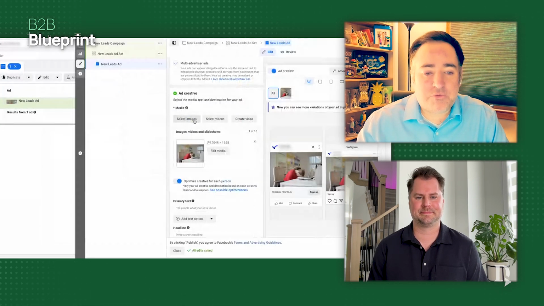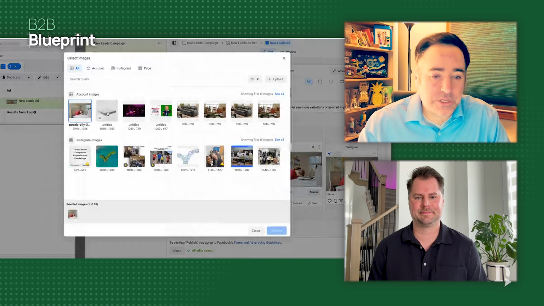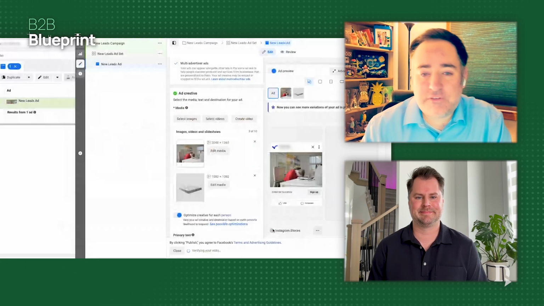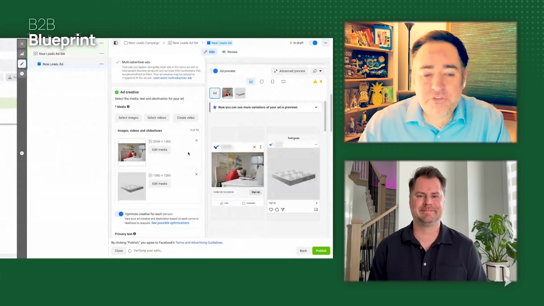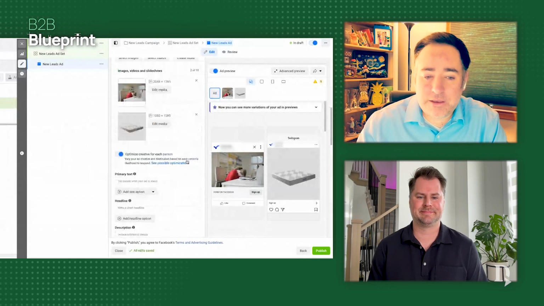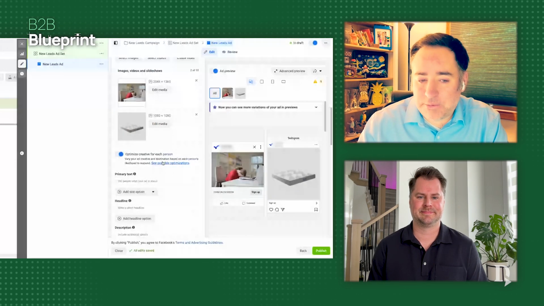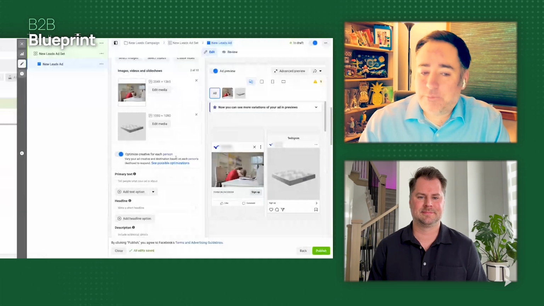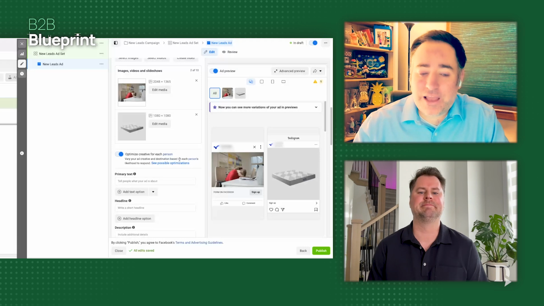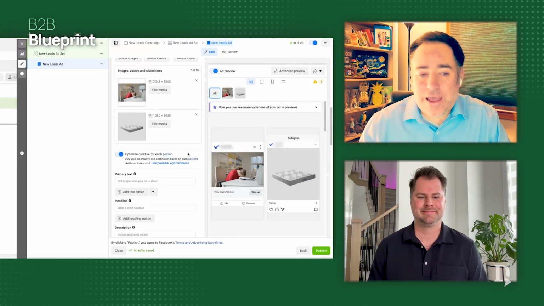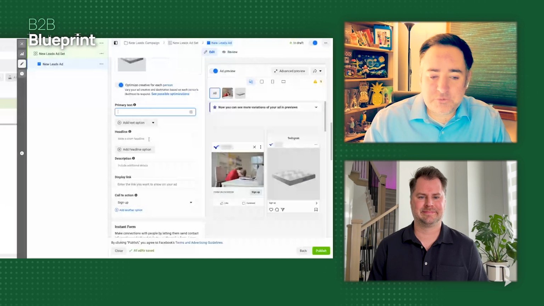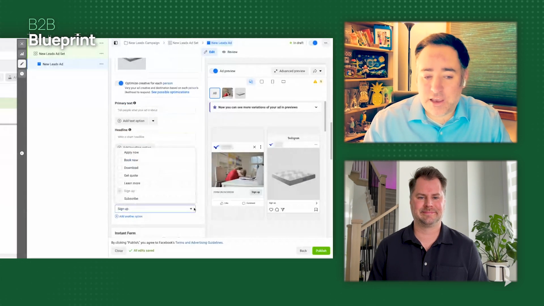Dynamic creative really just lets you add more than one image so that you don't have to build 6, 7 different variants. What it'll also do is allow you to optimize. It'll use its AI to optimize for each person. I'll typically leave this on unless the campaign stops performing the way I'd like it to be. I would also add 5 text, 5 headlines, 5 descriptions, display link, and if you want to test different CTAs,